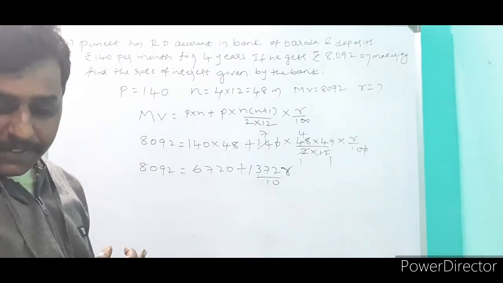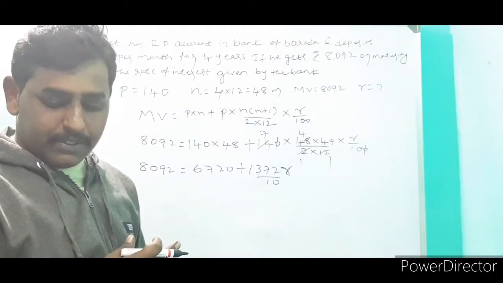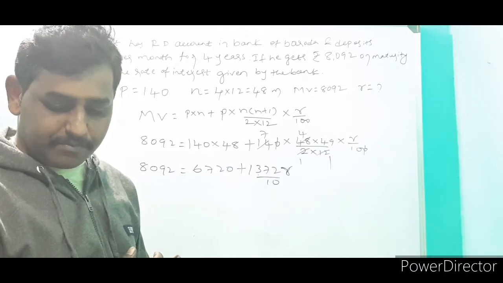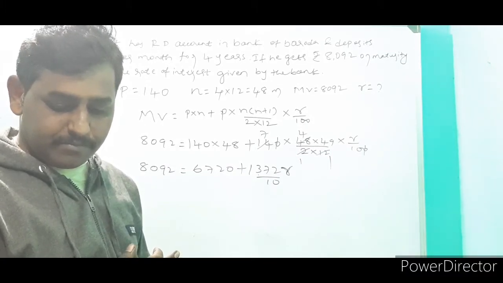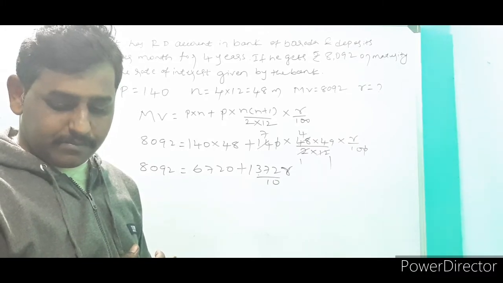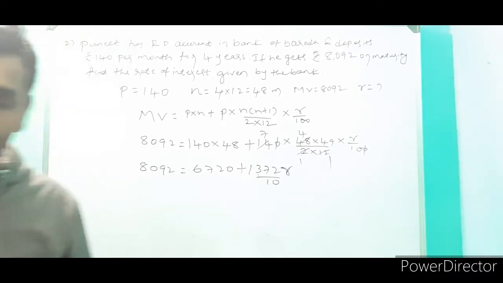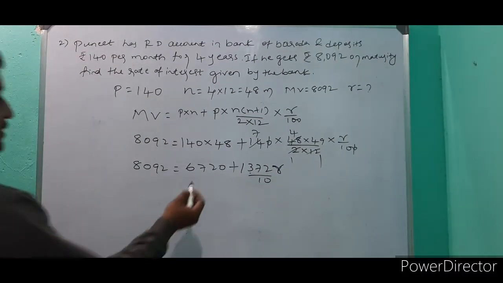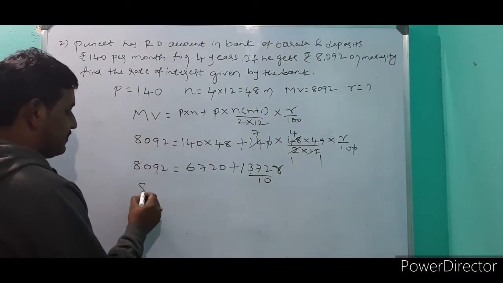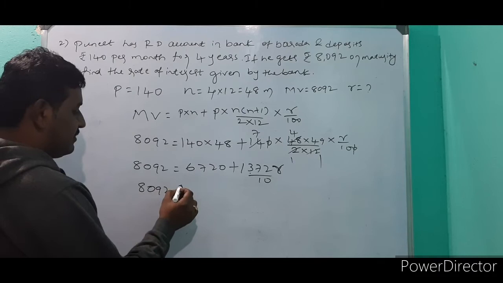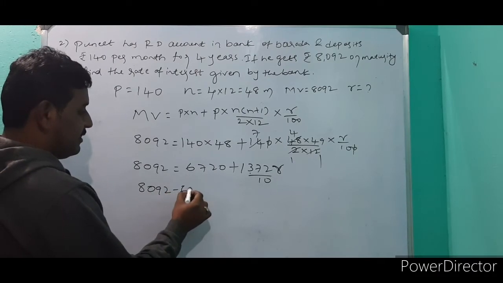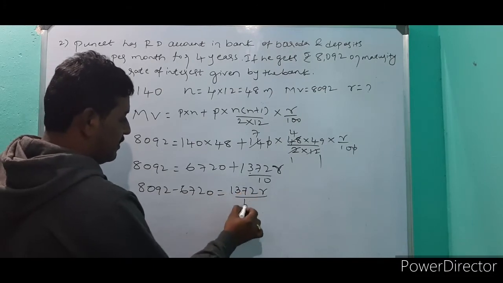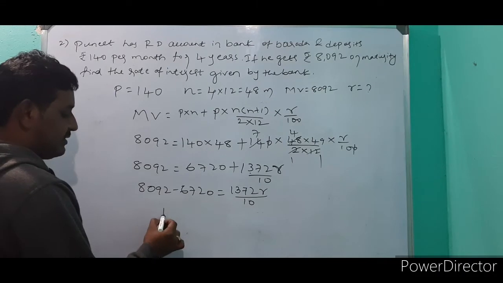So that means what we have to find out here? The R value. So 6720, now this 6720 you can shift to this side. 8092 minus 6720 is equal to 1372 R divided by 10. If you subtract this, you will get